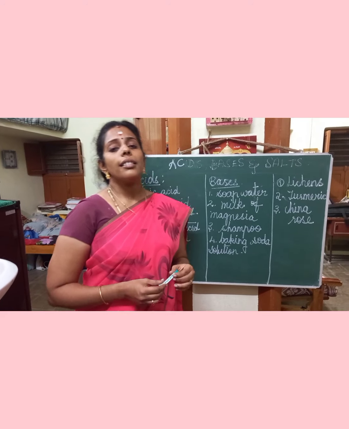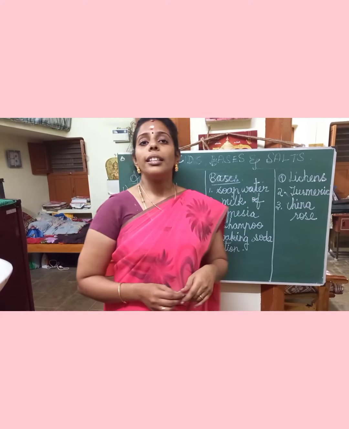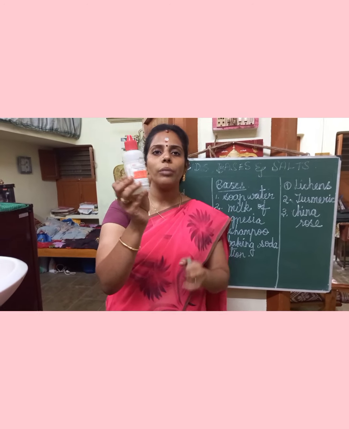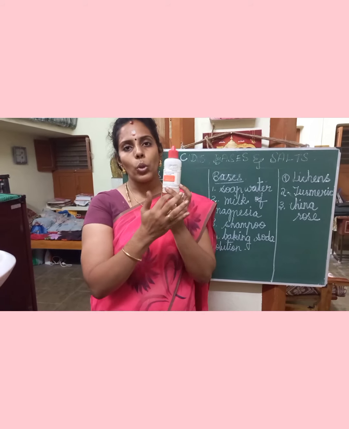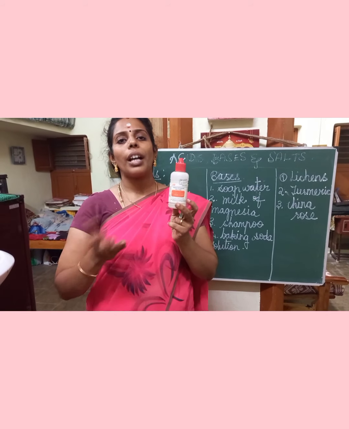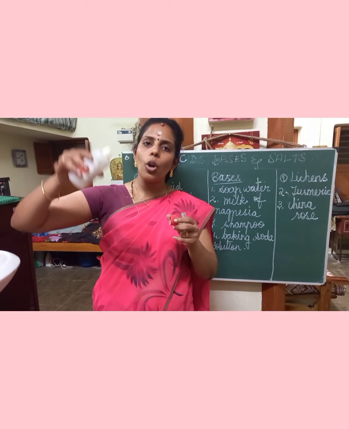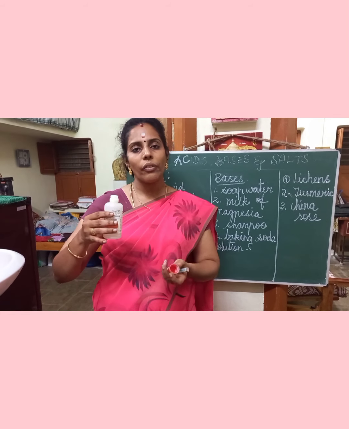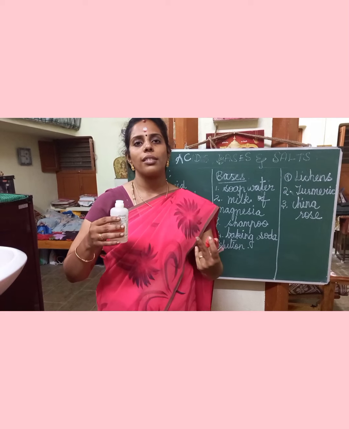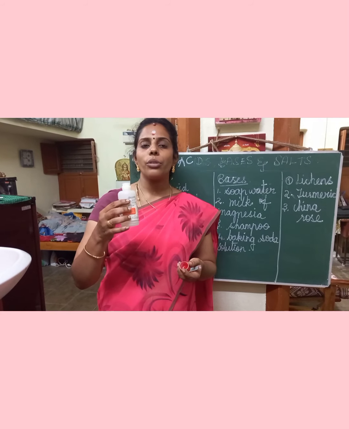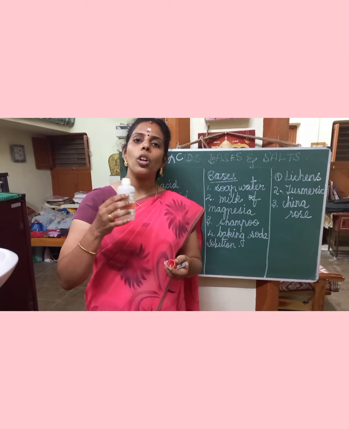In case these are not available, there is a chemical indicator: the phenolphthalein solution. We can take any kind of acid and add this solution drop by drop to the given solution, so that the color changes. Based on the change of the color, we can identify whether it is an acid or base.